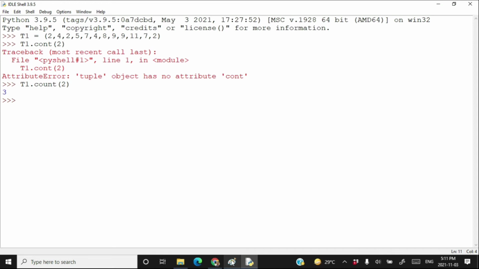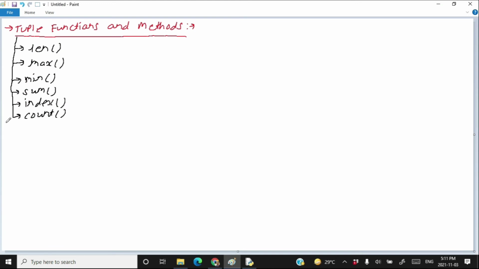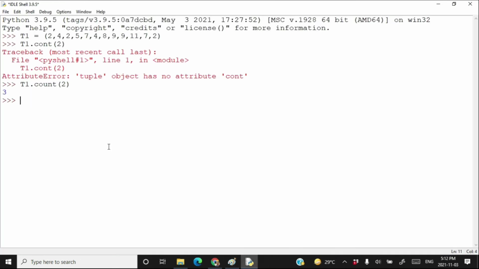The other method we are going to learn is the sorted method, or sorted function. When you pass a tuple to the sorted method, it creates a list using all the elements in the tuple, but those elements will be present in the list in sorted order.